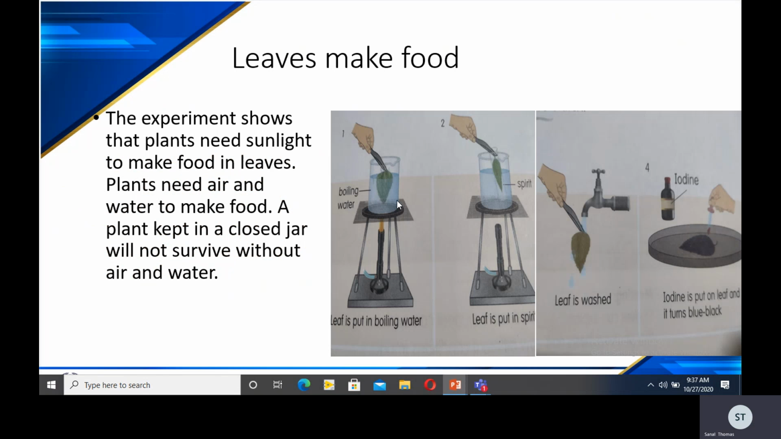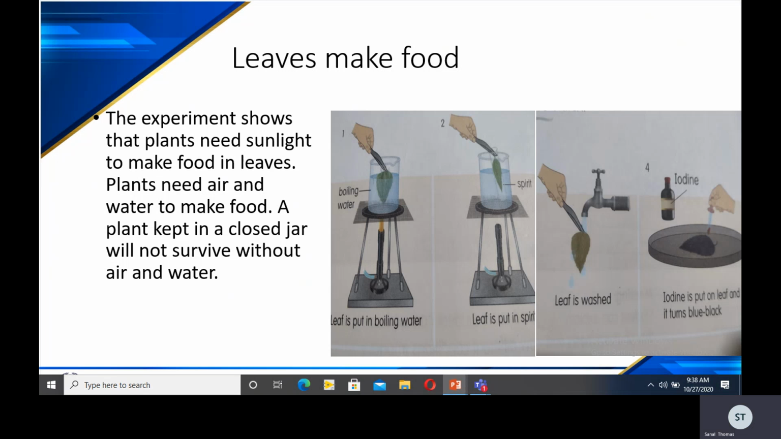Here I have shown two leaves being put in hot water. This is the first figure. You have to put the leaves in this hot water kept in the kettle for a minute. Next you have to remove them and dip each leaf in spirit, and then allow the leaves to cool down. After washing, you have to drop 4 drops of iodine solution on each leaf and see if there is any change in color